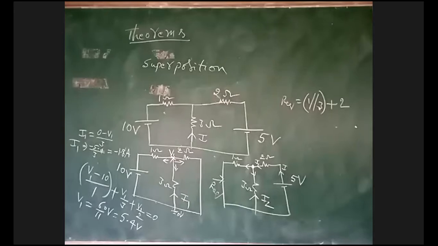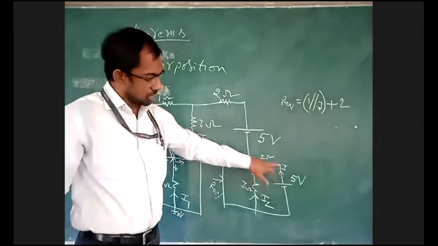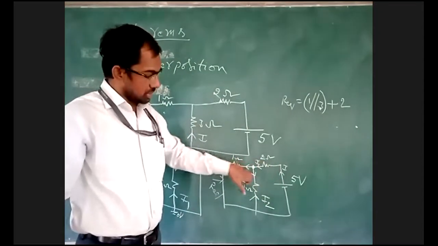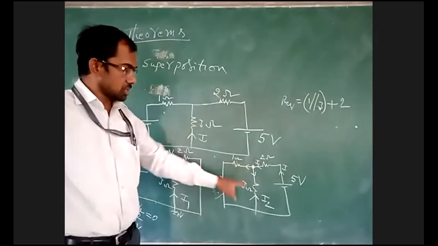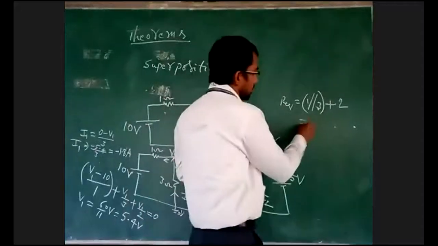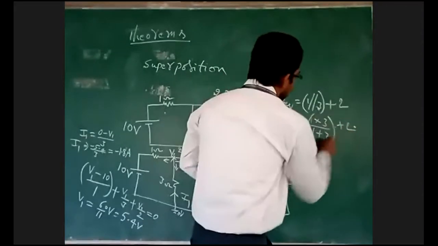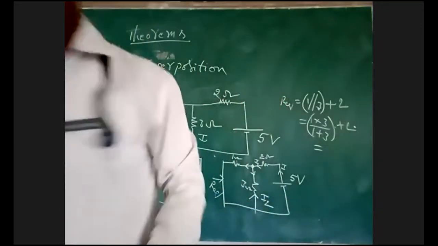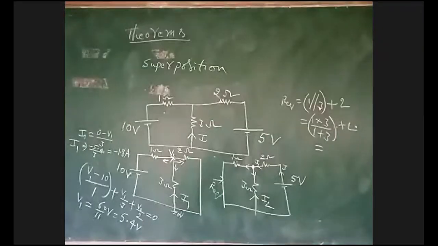Because the current is flowing from negative to positive, this current is coming here and dividing into these 2 branches. Dividing means these 2 are parallel: 1 and 3 in parallel, in series with 2. Now simplify this. 2.75, sir. How much? 2.75.